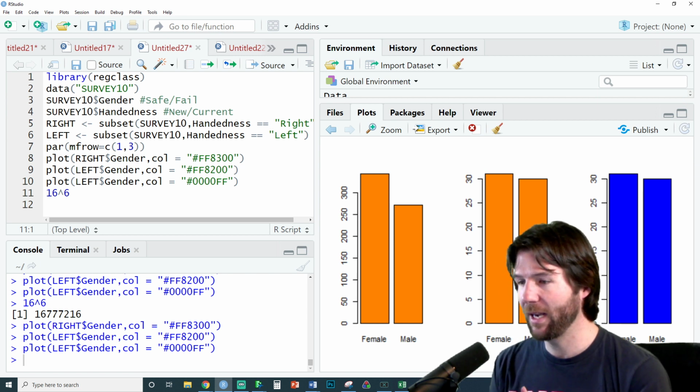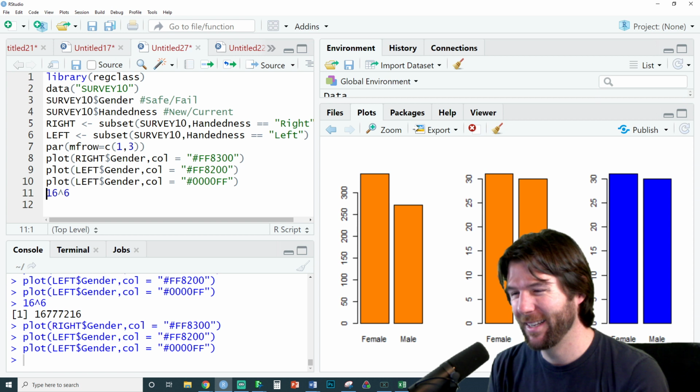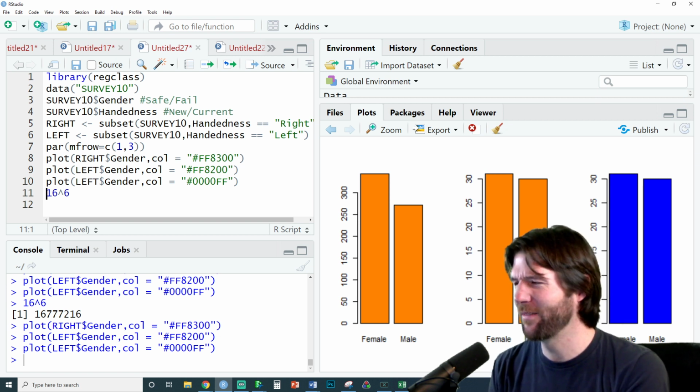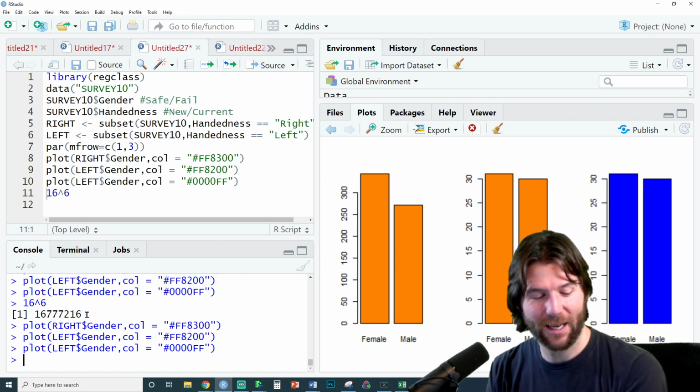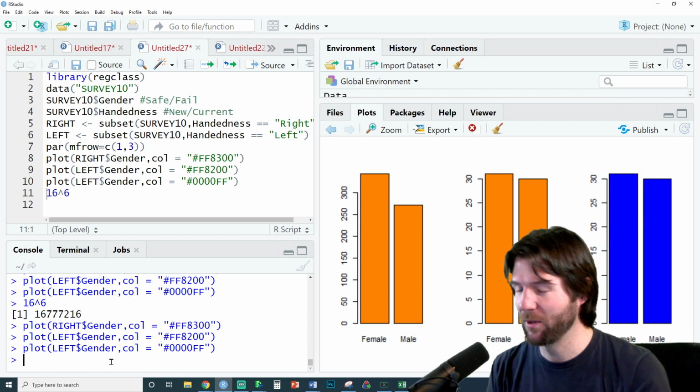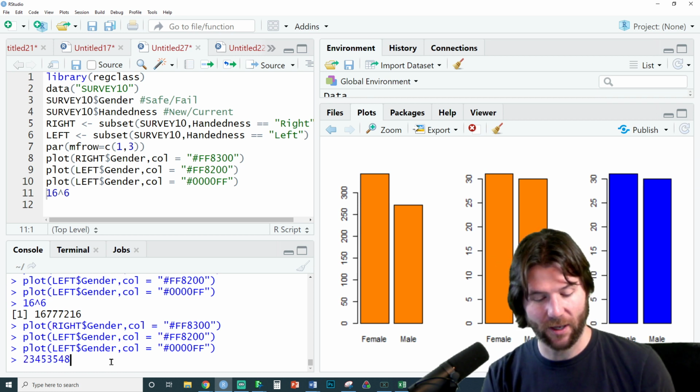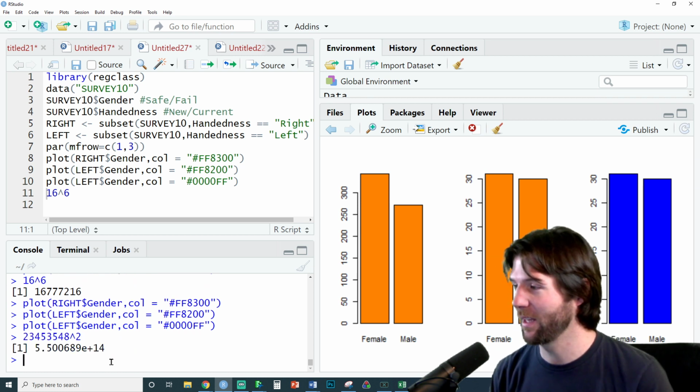So, Elias, you should have... Did you just compute? Oh no, I didn't do it in my head. I did it on R. Oh, I wish I could do it in my head. I think I've seen it enough that I know it's like 16.7 million. But I typed it into the code, and it'll solve it for you, because you can just type in whatever you want right here, and it'll tell you the answer. That's the cool thing about R.